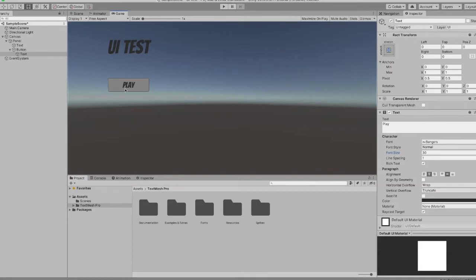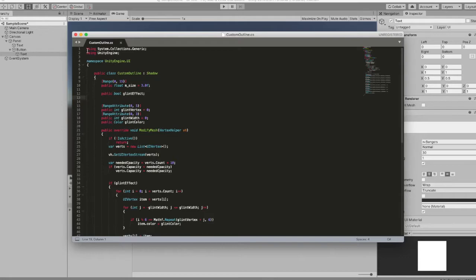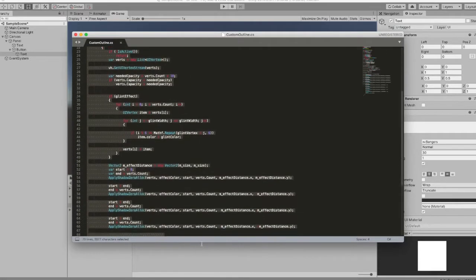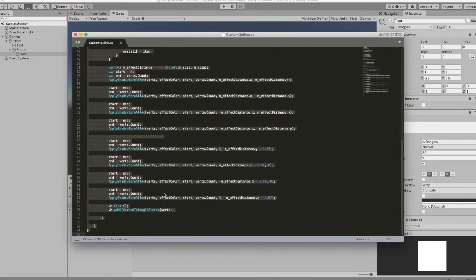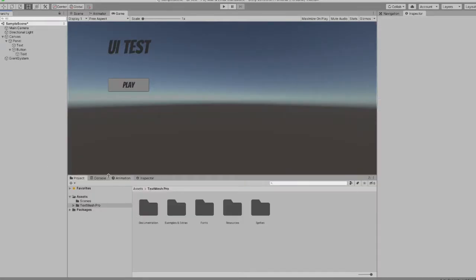Right now, if we see the background, it looks really bad. It doesn't fit with any of our theme. Now, let's spice up this scene. I have this script called custom outline. I'll be putting it in the description down below. If we copy this and make our own script,